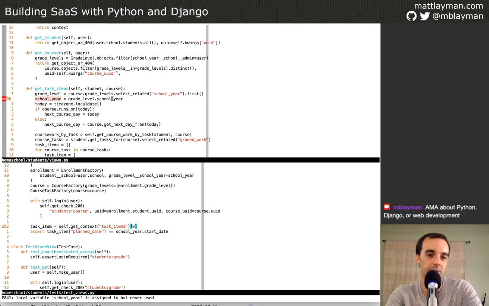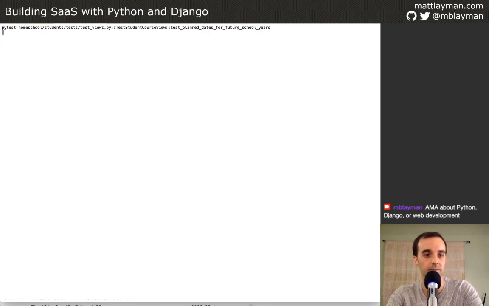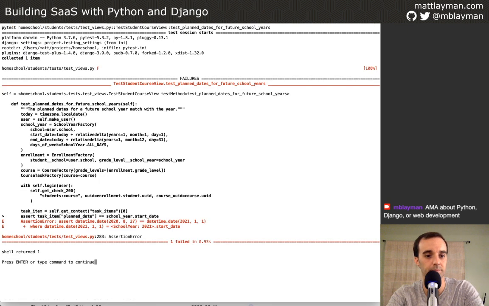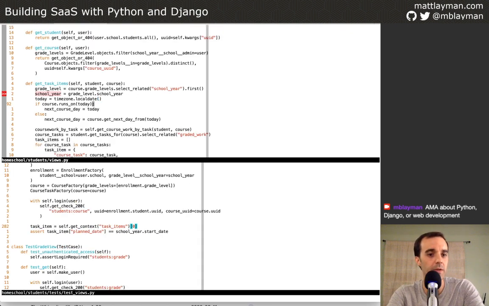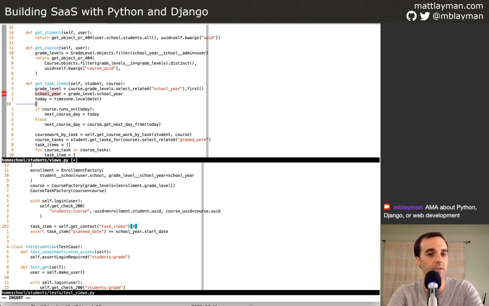All right, let's run the test though and see what happens. See if I blew it up. All right, I didn't blow it up. That's good news. So that means that the ORM query was probably right. But we clearly didn't solve the problem either. So this is where we need to go. Now that we've got the date, we can do the computation that says,